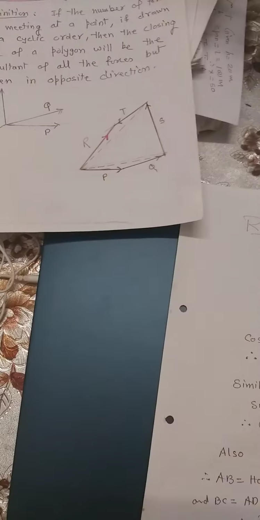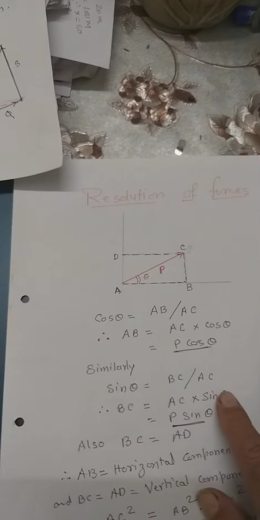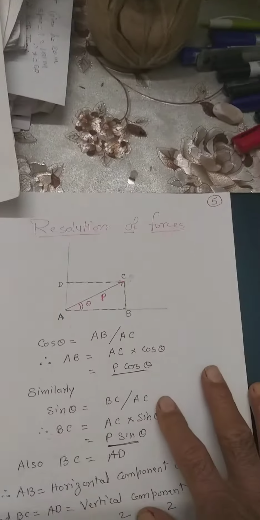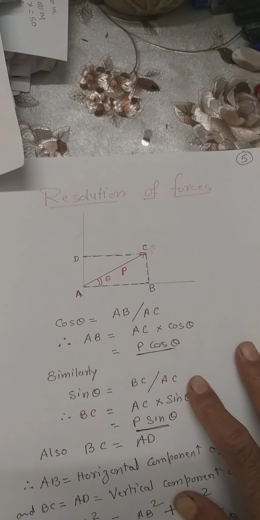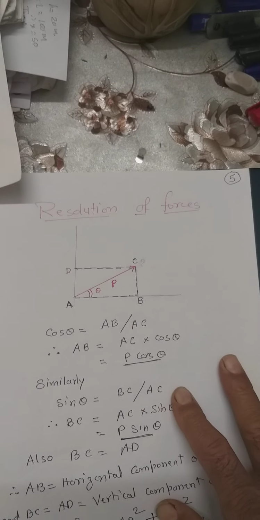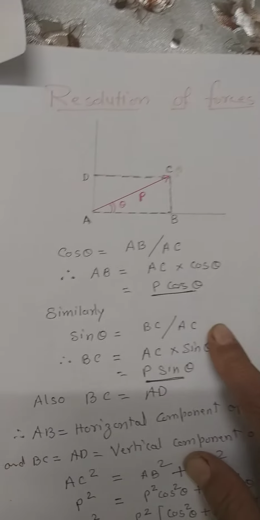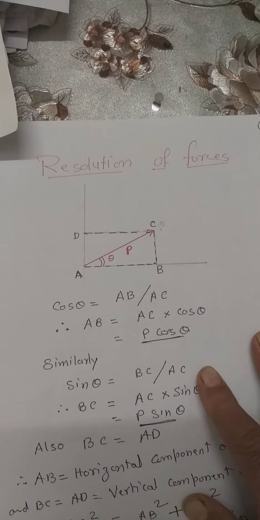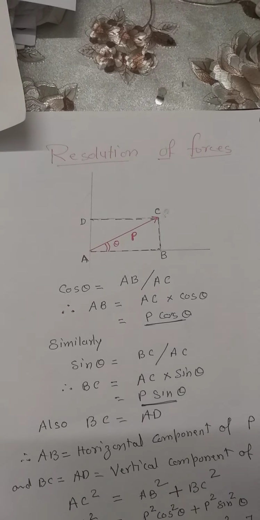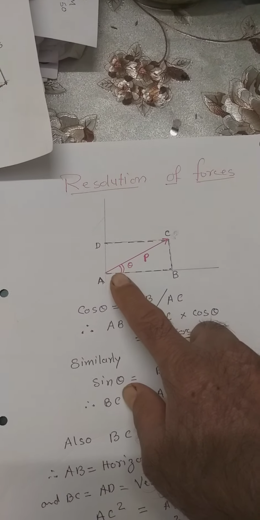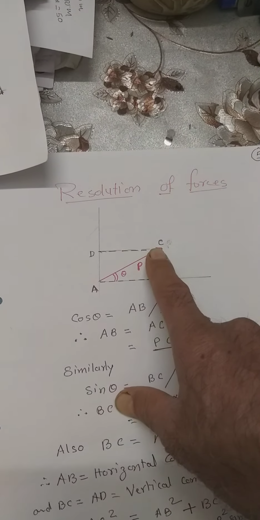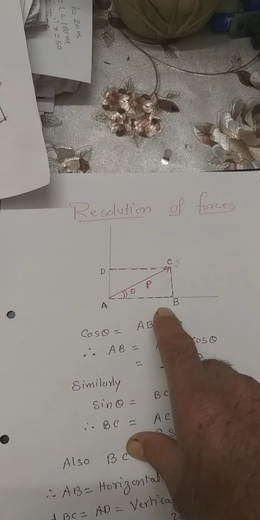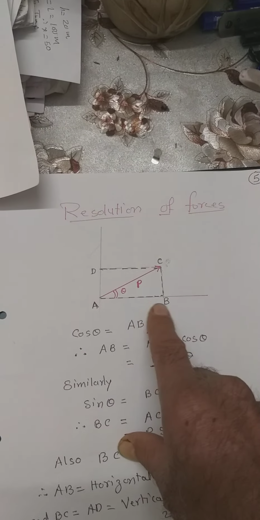Now, I will come to a typical case which we can call resolution of forces, or finding the components of the forces in other directions. What is resolution? That I will let you know. But first of all, let's see. There is one force inclined, acting over here at some angle theta with the horizontal. Draw a line AB and BC, perpendicular and horizontal, like this.